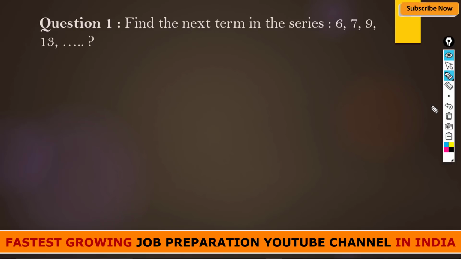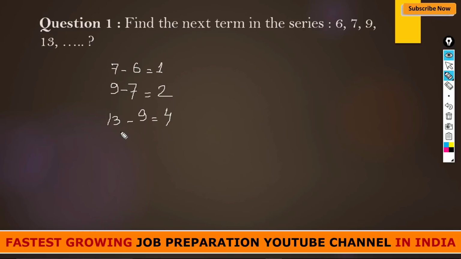So I hope you have solved it. If not, then let us see the series 6, 7, 9, 13. First, subtract 7 minus 6. That comes to 1. Now let us subtract 9 minus 7. It comes to 2. Now let us subtract 13 minus 9. It comes to 4. So what is an approach that you should take to solve the series is, first you try,